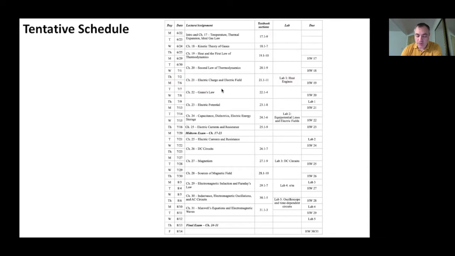And then finally, probably the column you most want to pay attention to here is when things are due. And these are already set in stone. The homework due dates, you can see them here on Mastering Physics each time. I should point out that all of these due dates, it's always at 11:59 p.m. on that particular day. So you'll see a bunch of homework due dates, and also scattered through here, you have your lab write-up due dates as well.